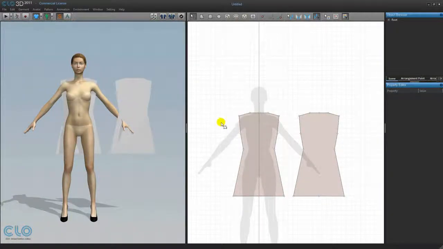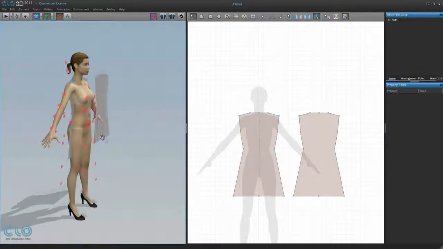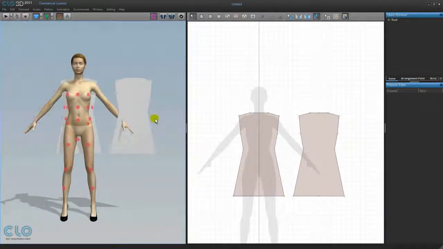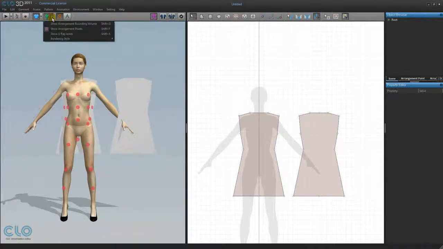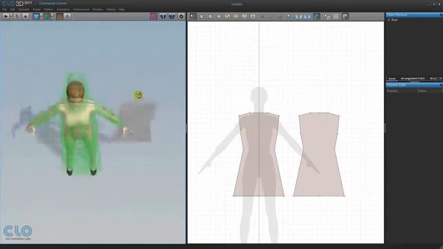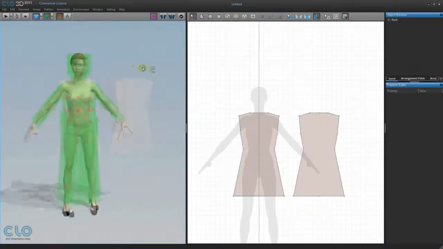So we're going to reset the pattern pieces to their default arrangement, and this time use the arrangement points to place them on the avatar. Click on the Show Arrangement Points icon in the 3D Avatar toolbar. The avatar is now covered with a lot of different red dots. These arrangement points reference different bounding volumes of the avatar's body and are used to place and curve pattern pieces